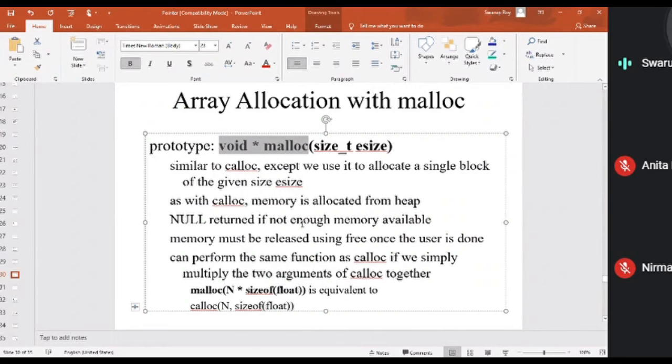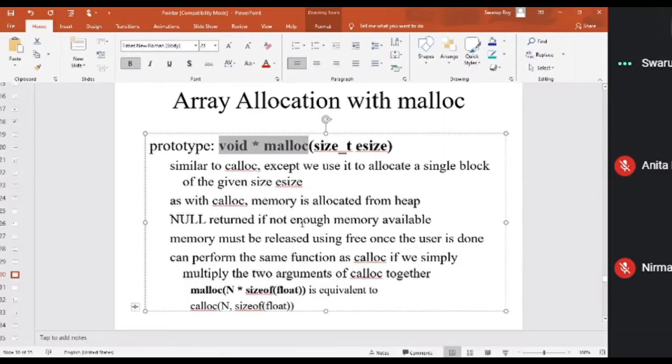There are two parameters that you have to pass in calloc. However, malloc occupies a single block of memory, of whatever bytes you specify. So that's the basic difference.